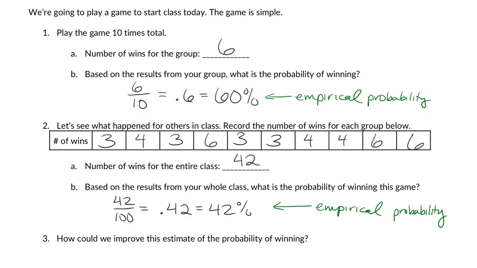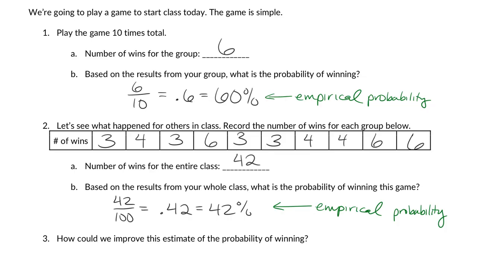But since an empirical probability is based on your experience, and the experience still has chance in it, we have variability. Some people only won 3 times, some people won 6 times. In my last class, somebody won 8 times, and somebody else only won 1 time. We have all this variability in our data, which means it's not necessarily the most accurate probability based on all options available. It's just based on experience.